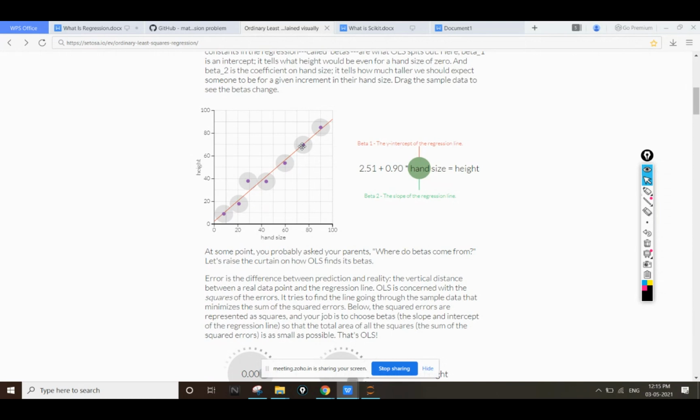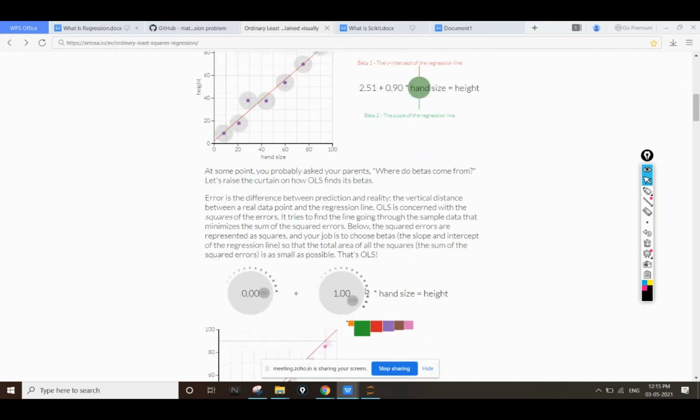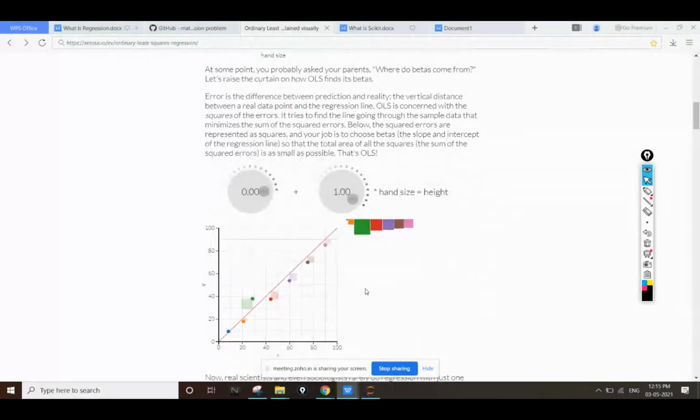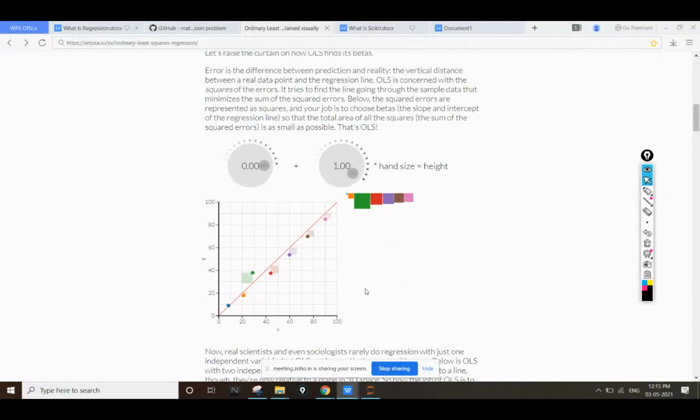For that, we introduce a concept of ordinary least square, which is also known as R square. So here you can see different values of M and C. This is your M and your C. And you can see that for different values of M and C, what is the error?